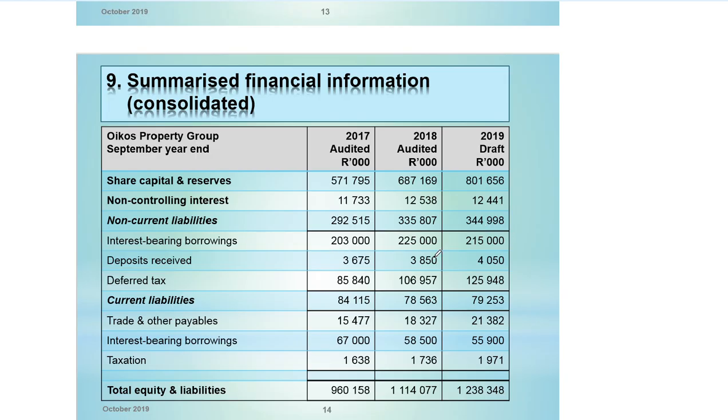When the borrowings go up, it means in this year they decided that they were going to borrow money from the bank. However, here probably they made some payments of the loan that they were owing in previous years, which I would say is good on my side, but it might not be good if the company wants to expand more or invest more using the borrowings. Deposit received, when you're looking at the deposit received, we see an increase each year, and then deferred tax, we see an increase each year.